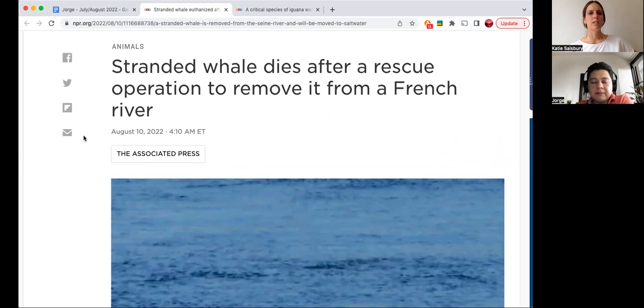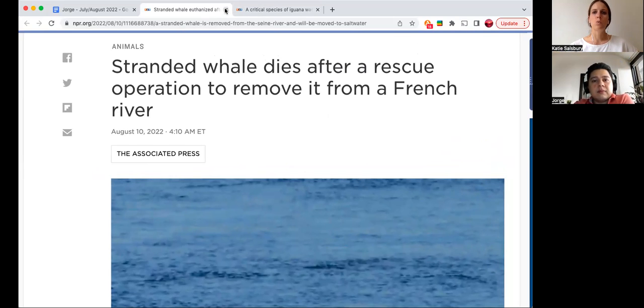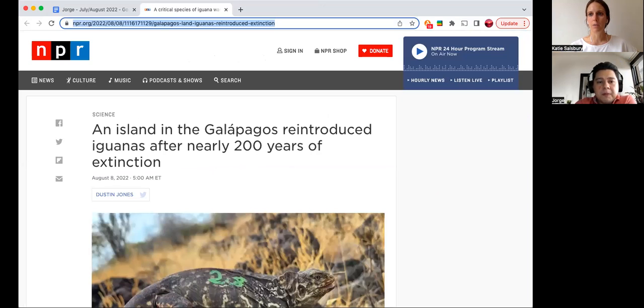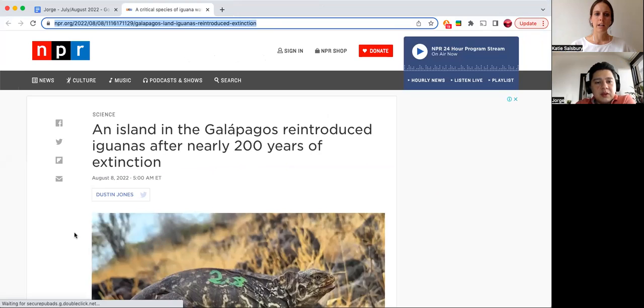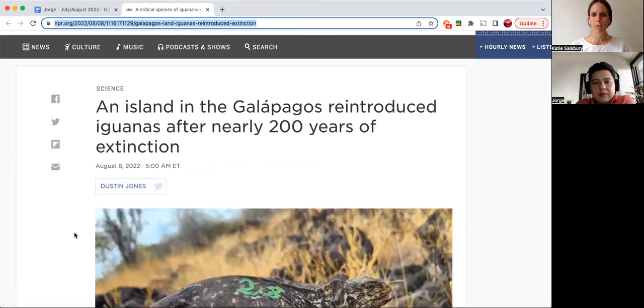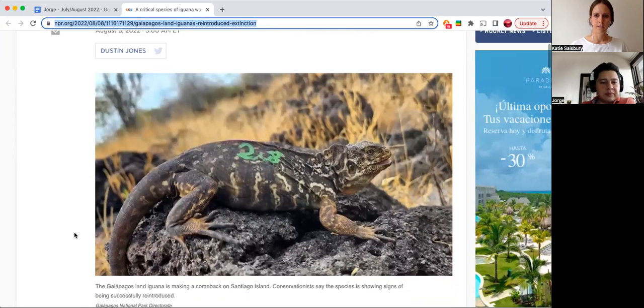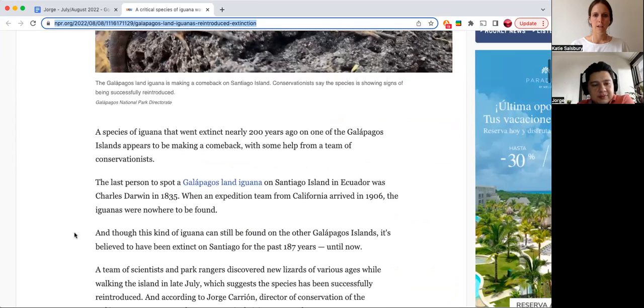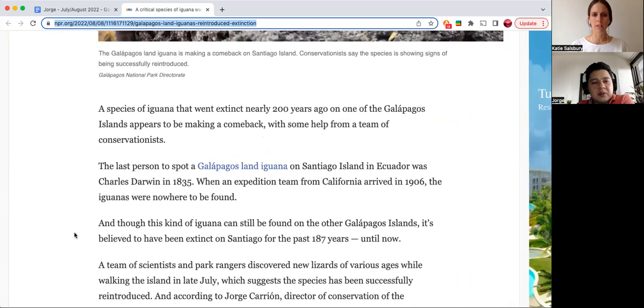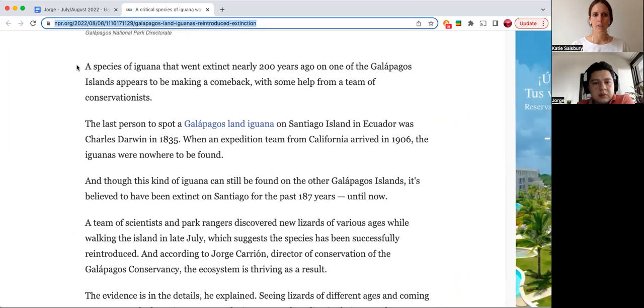Okay, so I have another article here. Maybe this one we'll read out loud together so we can practice our pronunciation. The title of this one is An Island in the Galapagos Reintroduced Iguanas After Nearly 200 Years of Extinction. If there's any vocabulary that you don't know, you can ask me about it. Go ahead. A species of iguana that went extinct nearly 200 years ago on one of the Galapagos Islands